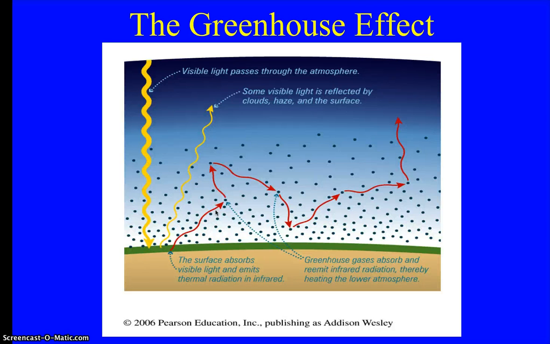But because they absorb it and re-release it, they actually slow the process of the infrared radiation, which is basically heat, being lost into space, by re-releasing it in random directions. And so the heat stays in the atmosphere much longer because of the greenhouse gases. Common greenhouse gases, of course, include carbon dioxide, but others that you might not know as well would be water vapor and methane gas. So it's the existence of these gas molecules in a planet's atmosphere which are responsible for the greenhouse effect. We're going to